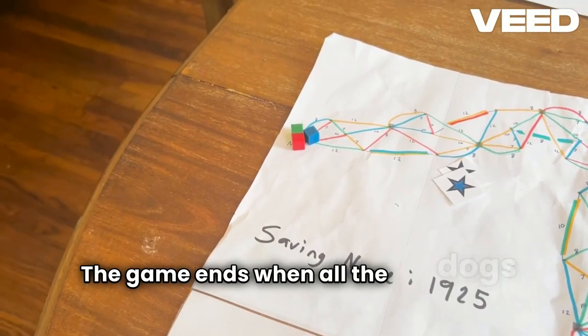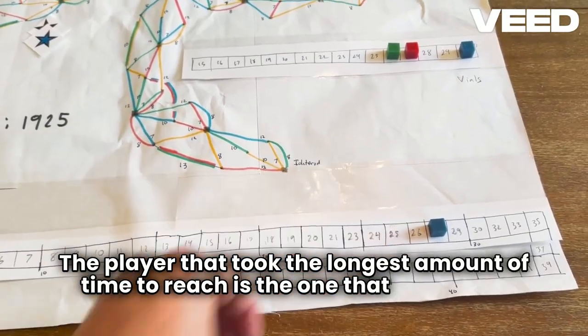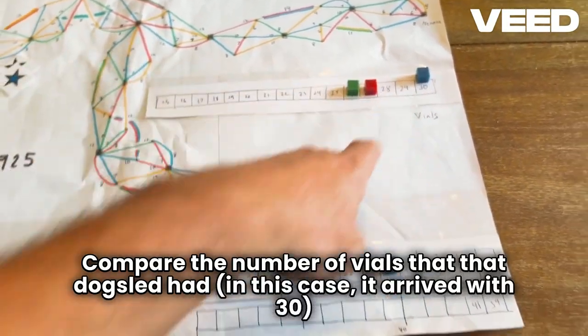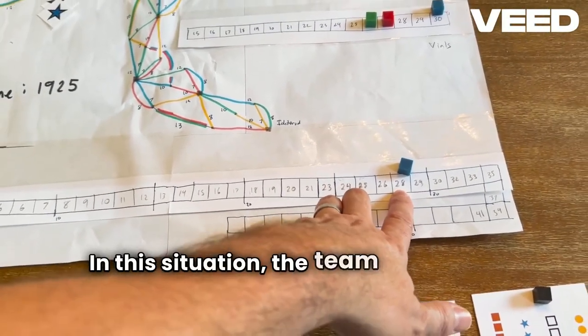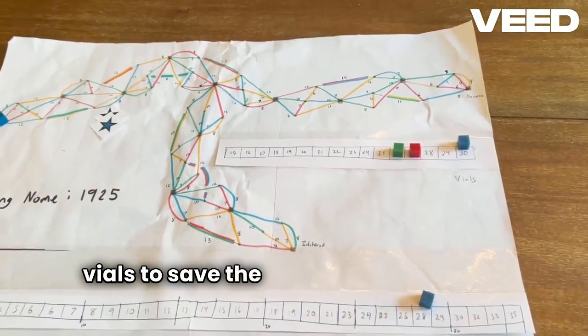The game ends when all the dogs have reached Nome, Alaska. The player that took the longest amount of time to reach is the one that is used for scoring for the entire group. Compare the number of vials that dog had, in this case it arrived with 30, to the number of cases that were currently in Nome, Alaska in that time, 28. In this situation, the team overall has completed the objective by getting enough vials to save the town of Nome,